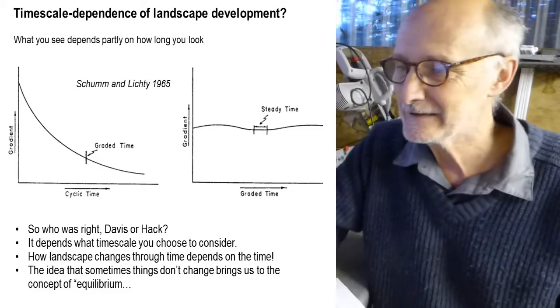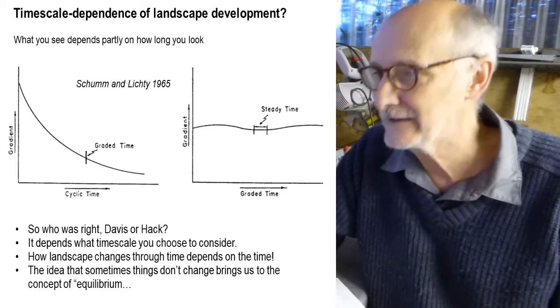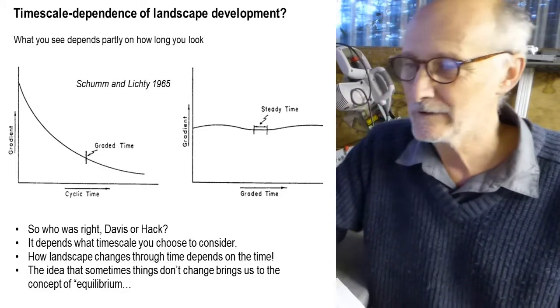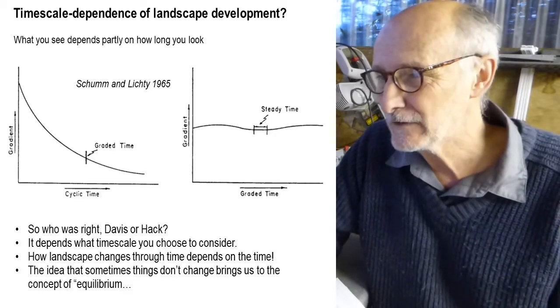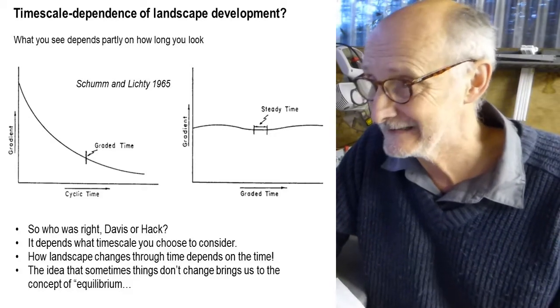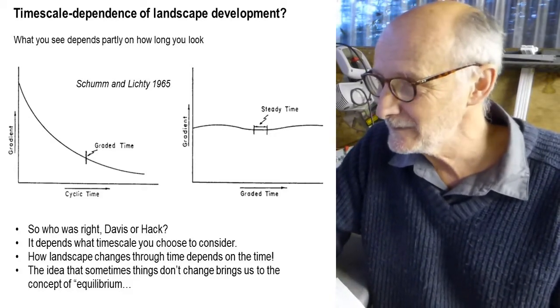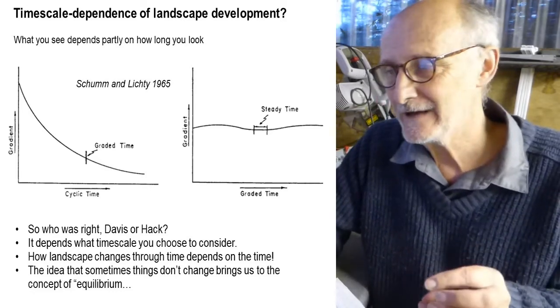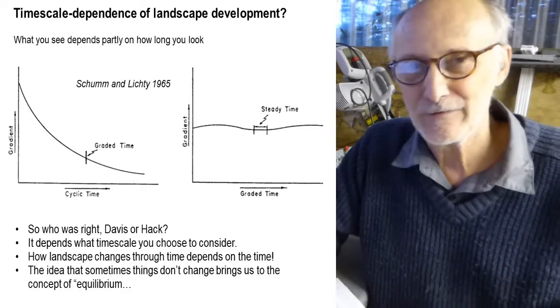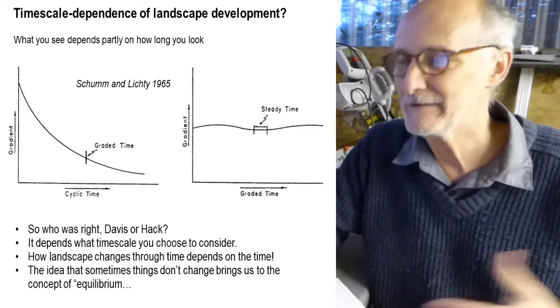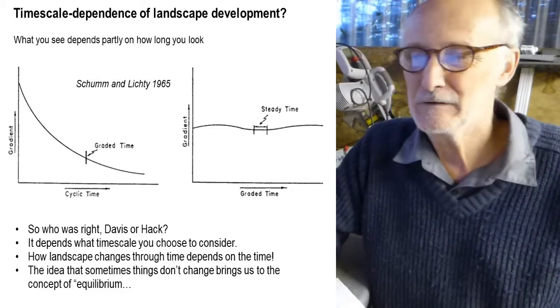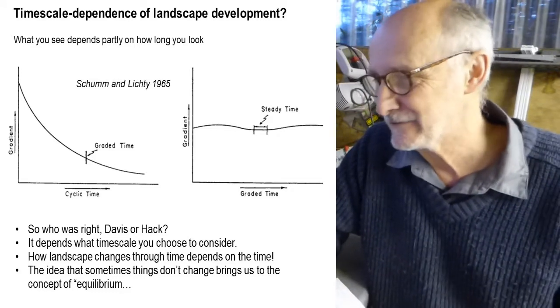But let's zoom in a little bit. On that left-hand graph I've just flagged up, they've marked a little point on that curve, and they call it graded time. Let's move over to the right-hand graph now and look at graded time more closely. Graded time is some much shorter time period. So imagine now you're thinking about rivers eroding a landscape, and instead of looking over millions of years like we were on the left-hand graph, we're now going to look over maybe tens or hundreds of years.